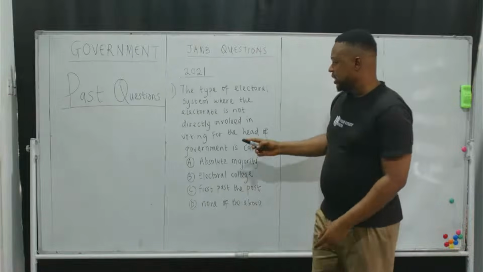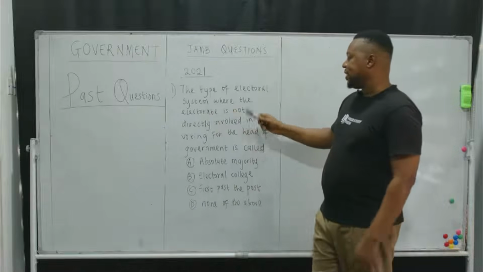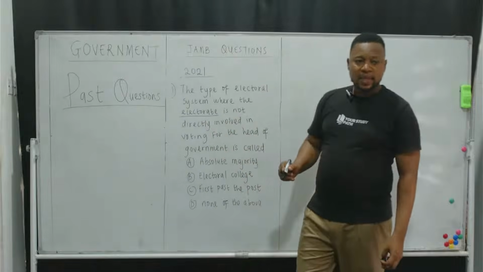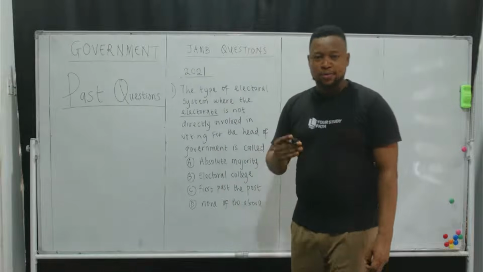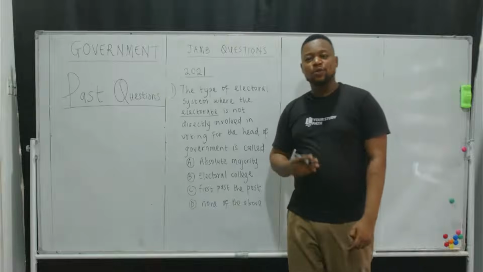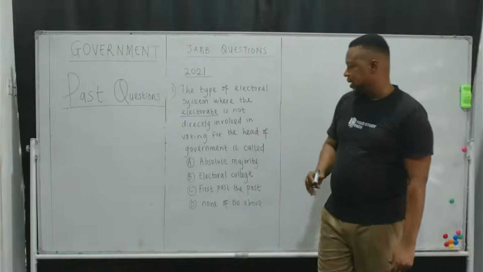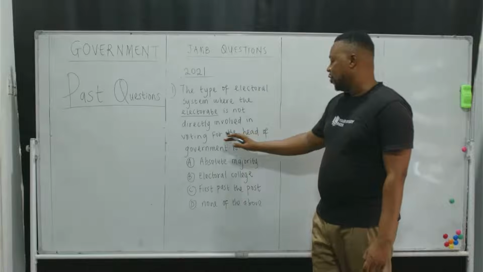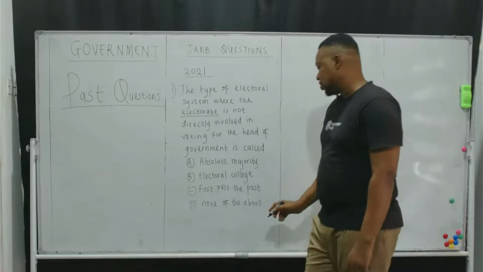Now let me read the question. This is question number one. The type of electoral system where the electorate, and who are the electorates? Electorate in government means the eligible voters, voters that are qualified to vote in an election. Those are the people we call the electorate. They are not directly involved in voting for the head of government. So the right answer here is